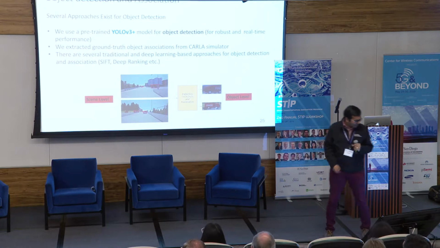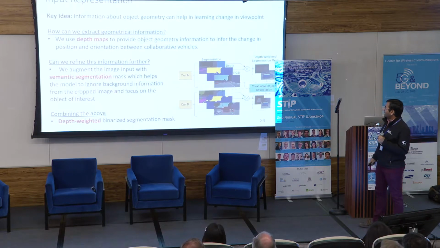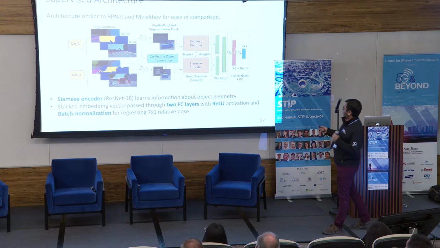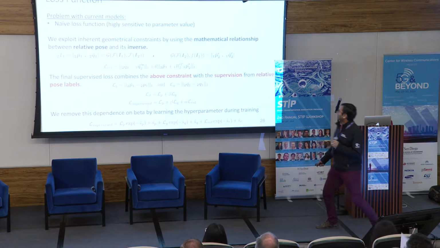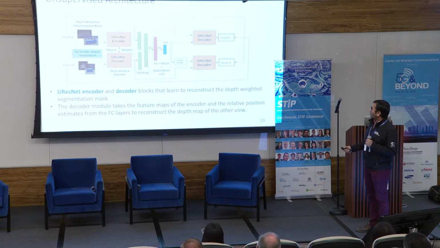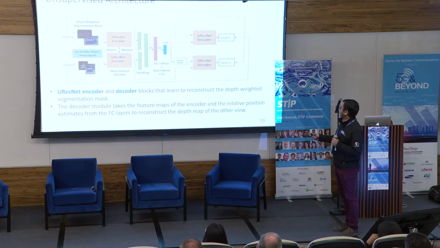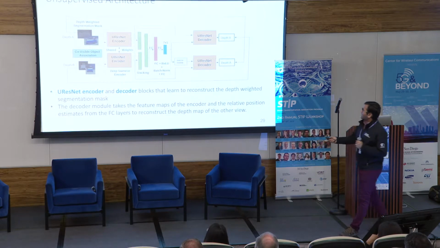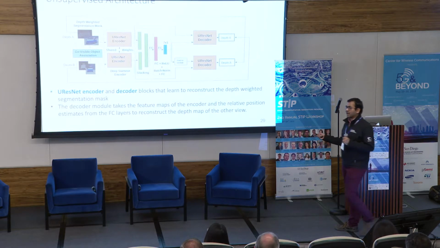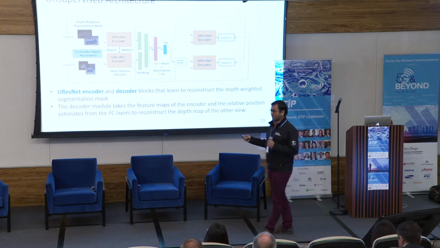Okay. So I have 2 minutes left. In 2 minutes, I'm just going to quickly give you one other point, which is that this is the supervised architecture I showed you, right? And here's our unsupervised way of doing it. We extended this entire kernel of the idea into an unsupervised idea using a ResNet decoder. What it does is take camera B and estimate depth of camera A, and keep doing this iteratively between each other, trying to figure out how to do it unsupervised.